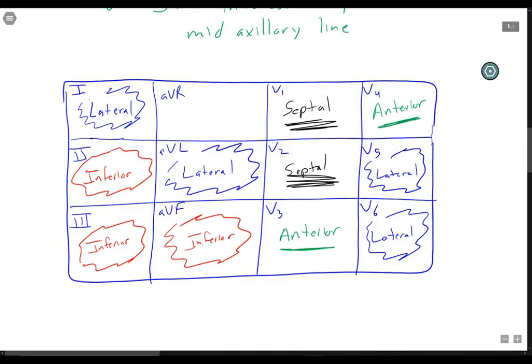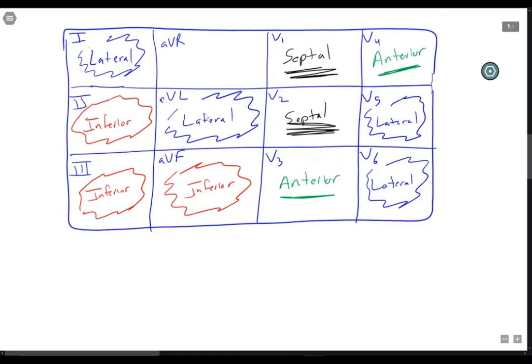So we can take these 12 leads and basically group them into 4 main views. The lateral ones, 1, AVL, V5, and V6. The inferior ones, 2, 3, and AVF. The septal, V1 and V2, and the anterior, V3 and V4. Now this is important because when you look at these